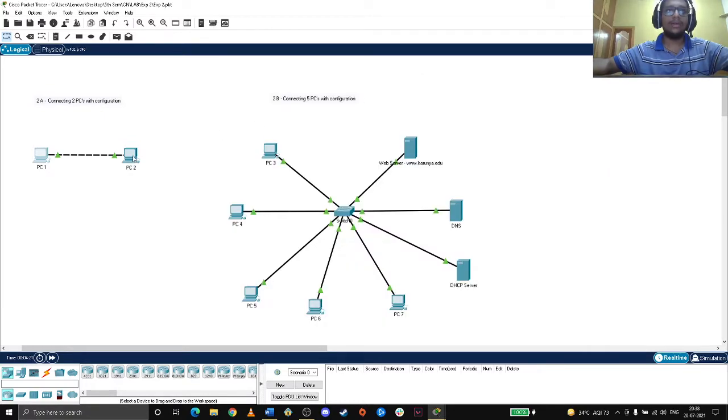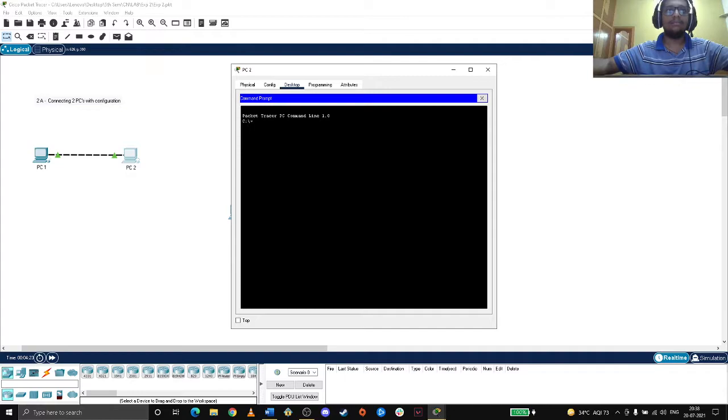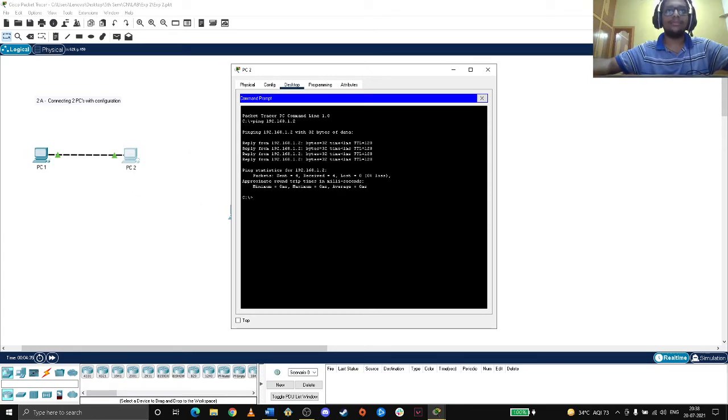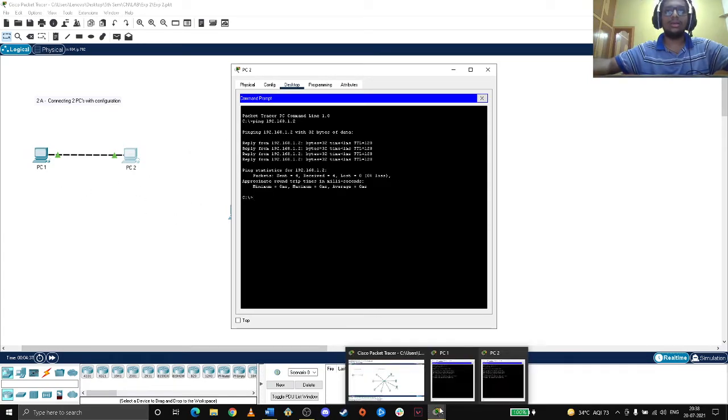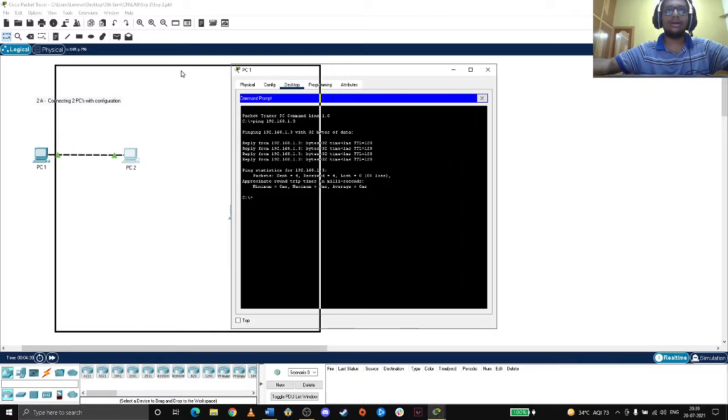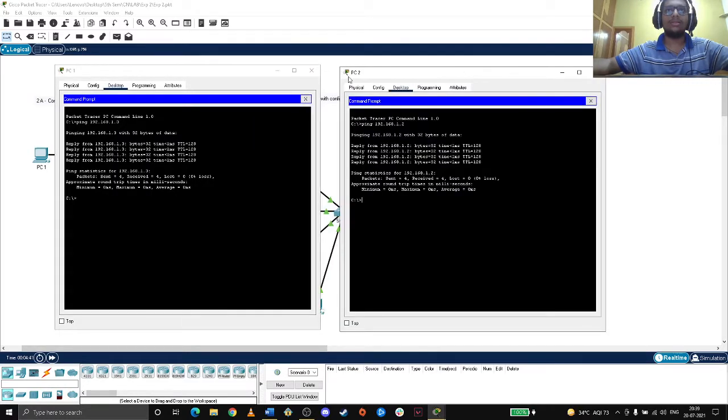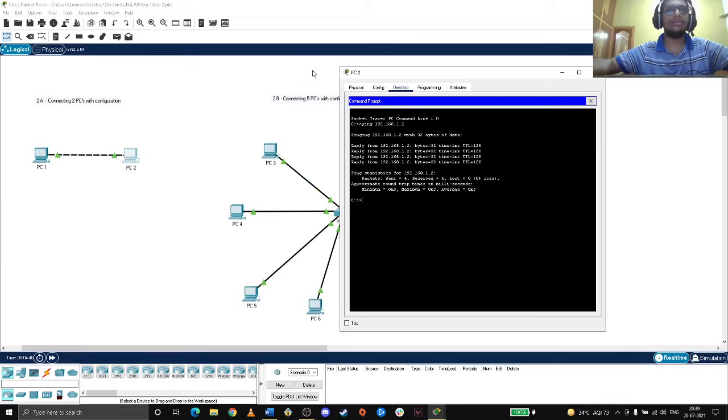Same if I ping from PC2 to PC1, ping 192.168.1.2, it will ping. Yeah, so both the PCs are pinged to each other. That's why it's working. The PC connections are configured.